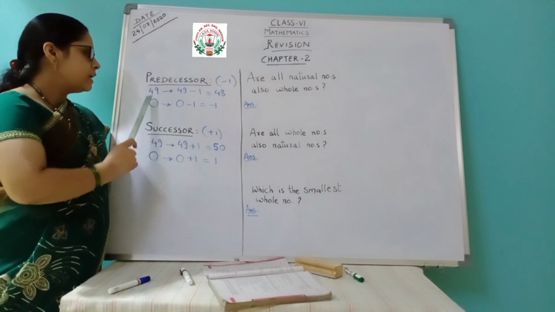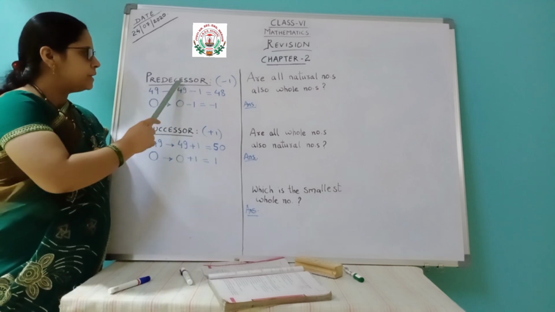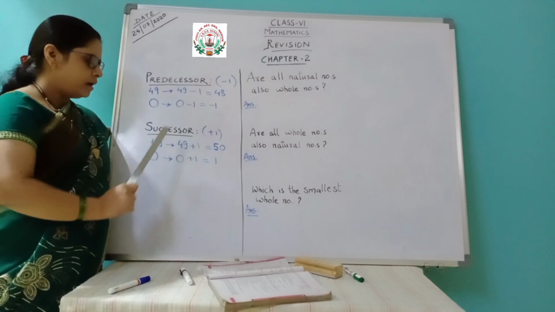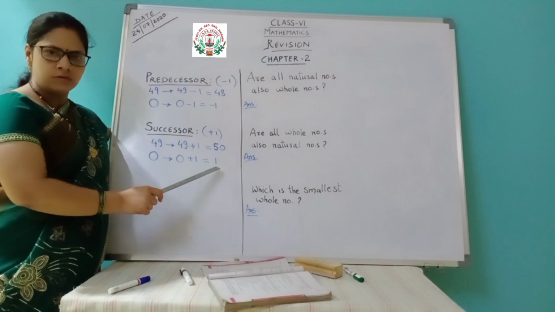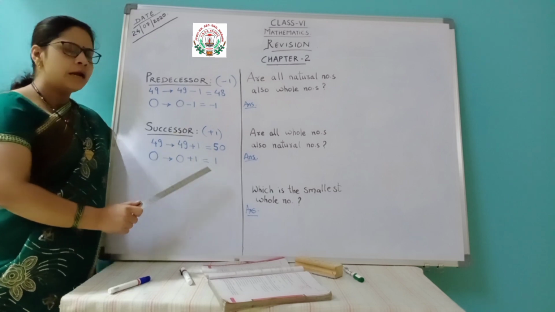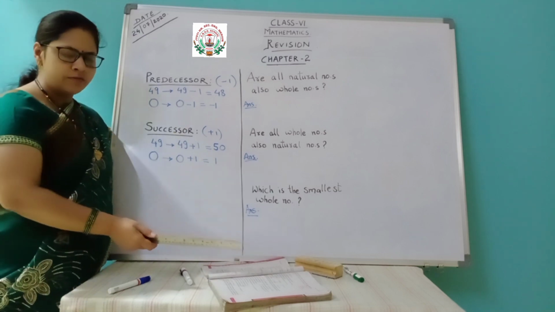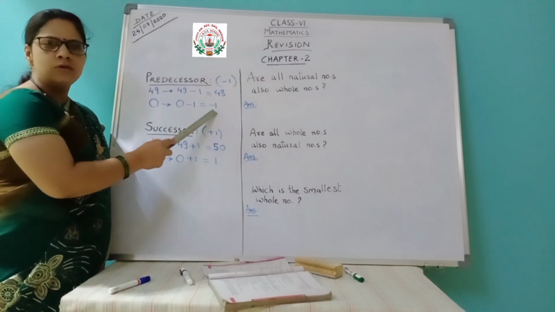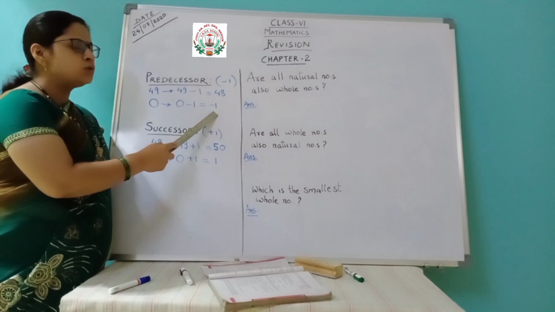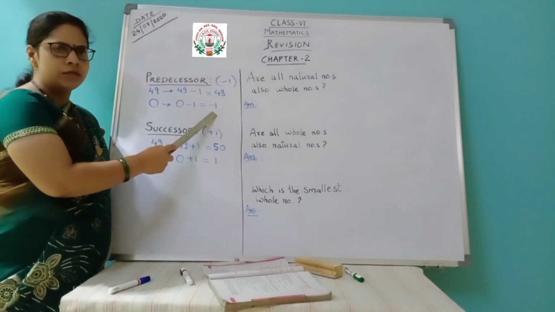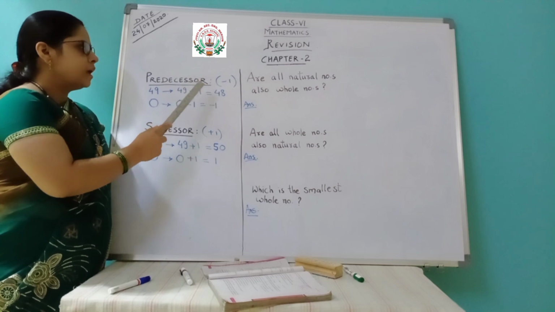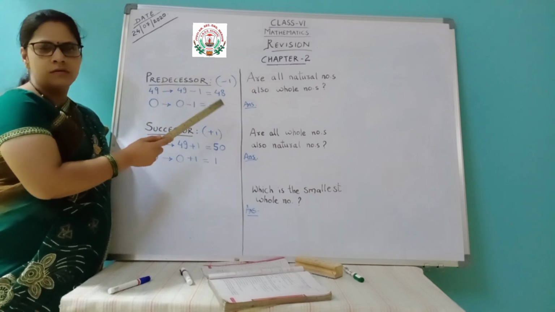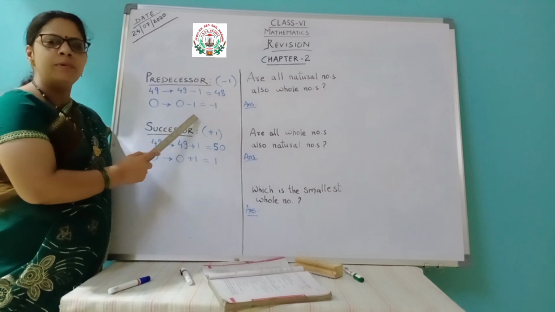But if you are taking the number 0, 0's predecessor is minus 1, that is an integer. And the successor you will get is plus 1, that is positive 1. Now these are integers. You might not have studied them till now, you will have this chapter later. But this is not a natural number, or you can say this is not a whole number. It is only an integer. So you can say every whole number will not have a whole number as its predecessor. It can be an integer also.